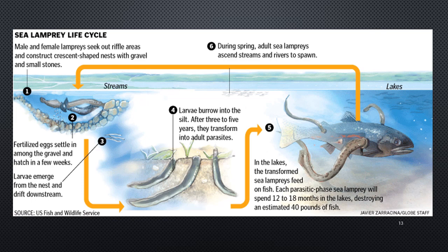So lamprey are actually pretty interesting if you look at their life cycle. What we usually think of as the lamprey are the adult version, where they attach to the fish and can cause damage to the fish. They don't often kill them, but sometimes they do. And normally they can live in the oceans, but we have had some invasions into, I believe, the Great Lakes area. But the way this works is typically the adult version feeds on its prey,